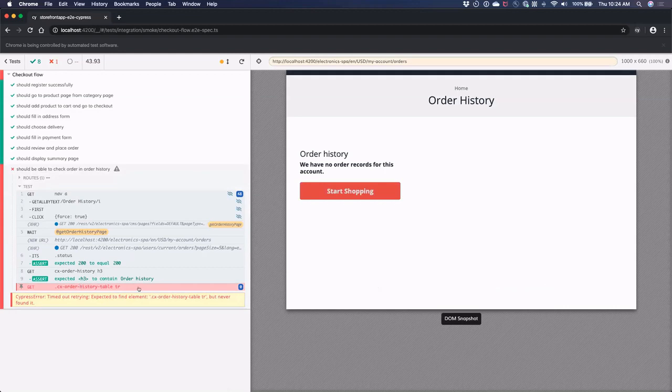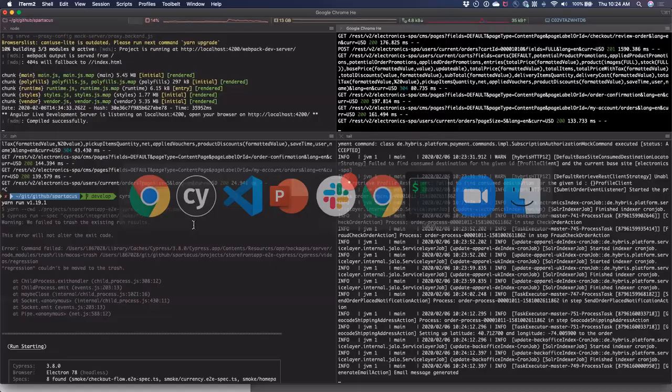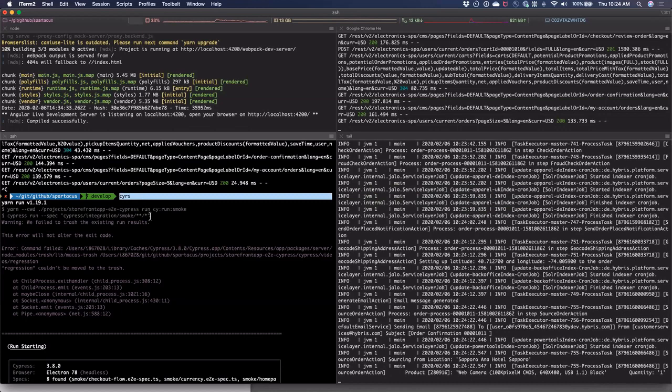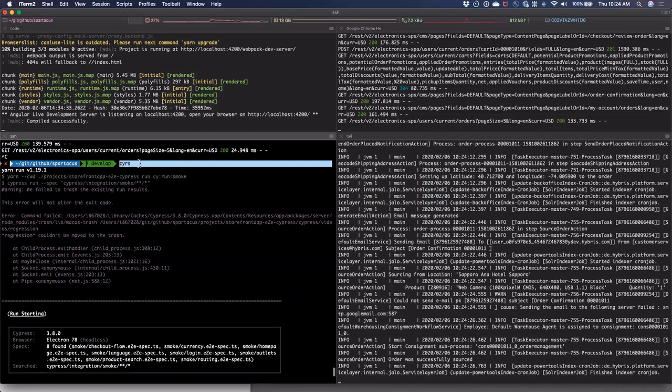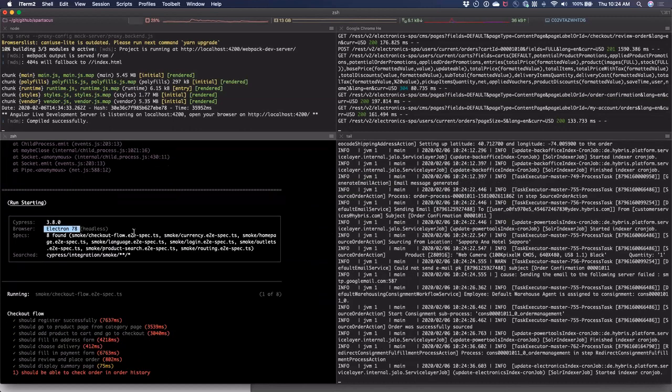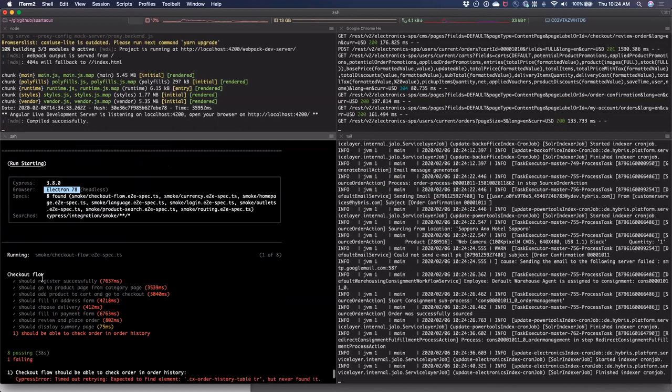And you can see which step failed and with which selector, which is pretty cool. Last but not least, here on this console, I have an alias to run the tests in a headless way. So we do cy run smoke, which is going to run in headless mode. It basically starts an Electron-based buffer or instance, and then it starts doing the same thing that we saw on the visual browser, on the visual runner.